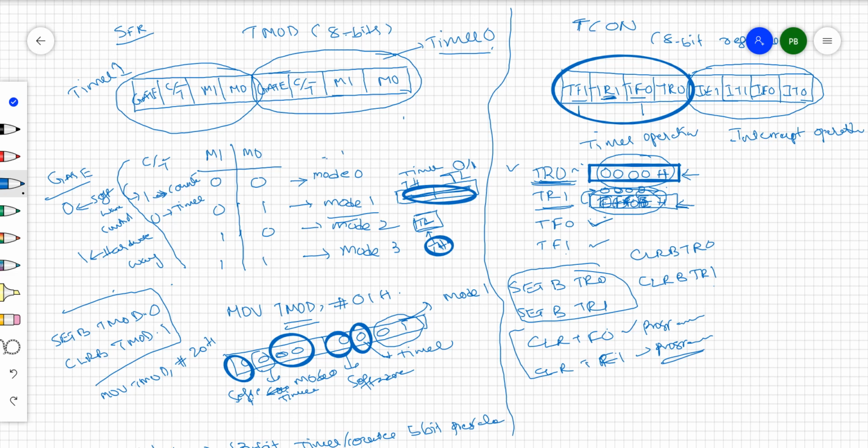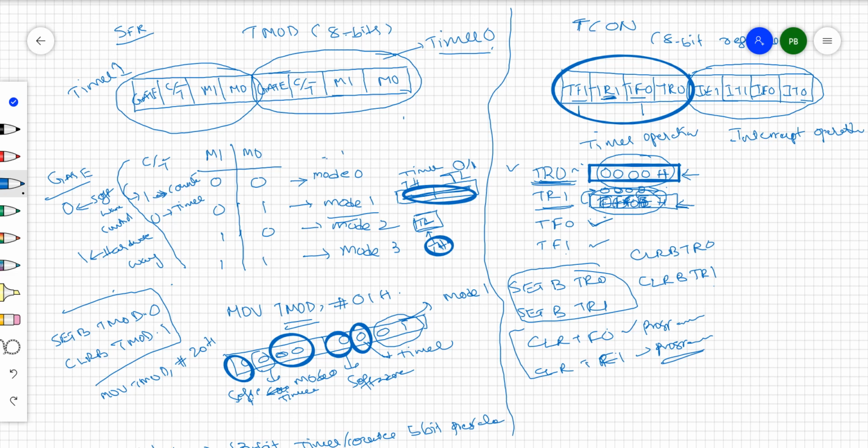the operation of the timers in such a manner that you decide at what time you want to start the timer, at what time you want to stop the timer, as well as when you want to clear the timer overflow flag. At the same time, by looking at the timer overflow flag you can sense when it is set, right?